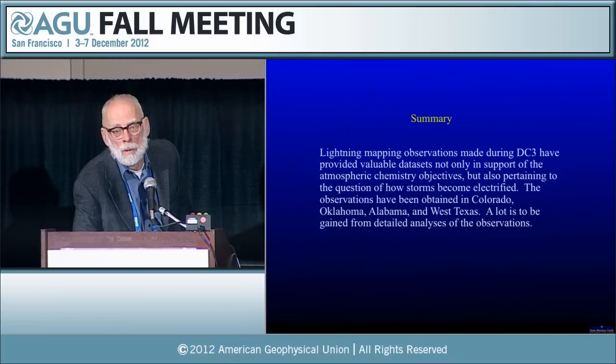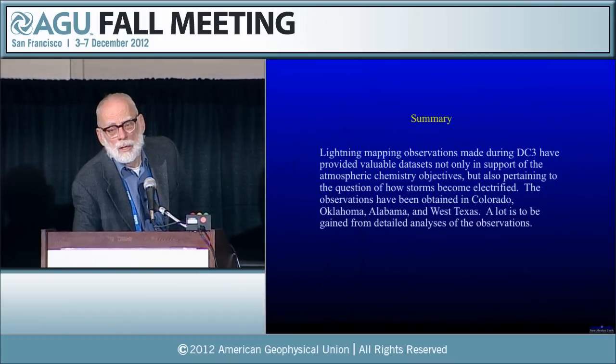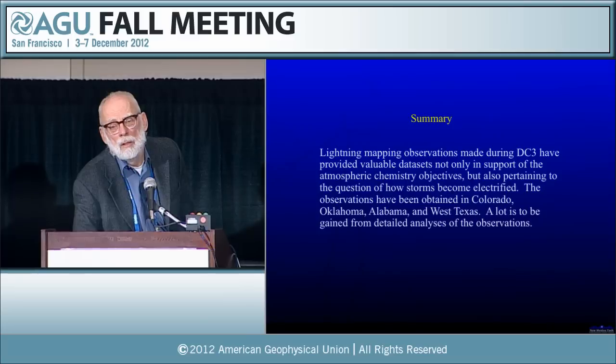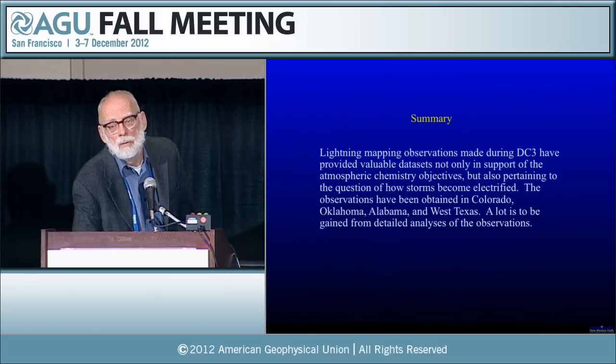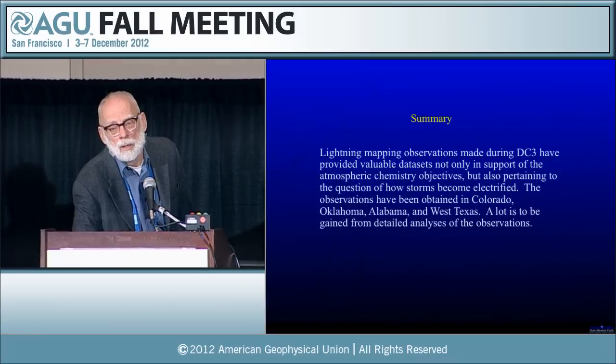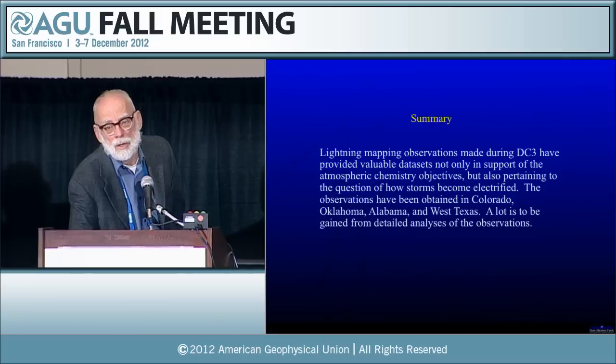So is the picture there's a streamer zone around it which is sensitive to it? Well, we're not sure exactly what the cause of the radiation is. It's due to stepping of the negative breakdown, basically. So the negative breakdown propagates, even though it's a dart-type leader, it doesn't propagate continuously. It has stepping to it. And so we're picking up the sources from that, basically, with the LMA. And with the interferometer, we can be picking up more continuous radiation events.